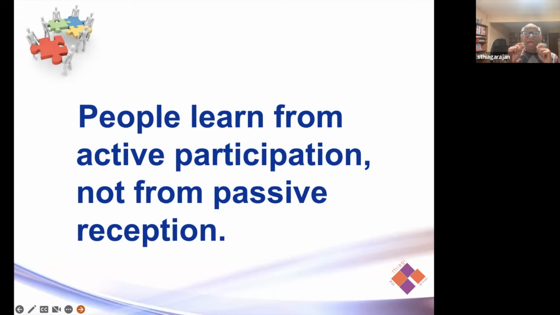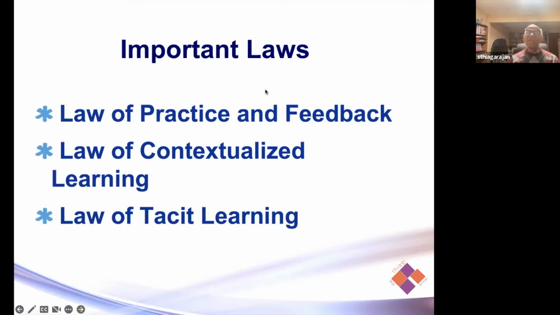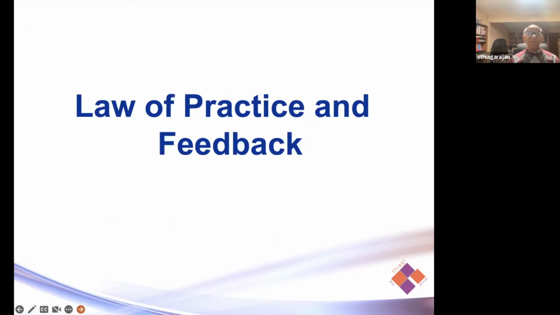So I'm going to keep on stressing the importance of activity. And as we see in the next slide, I'm going to talk about 3 laws of activity, one of which is called law of practice and feedback. Another one is called law of contextualized learning. And the third one is tacit learning. And we are going to go through each one of them, beginning with the next slide, which says law of practice and feedback. And let me pick on somebody,